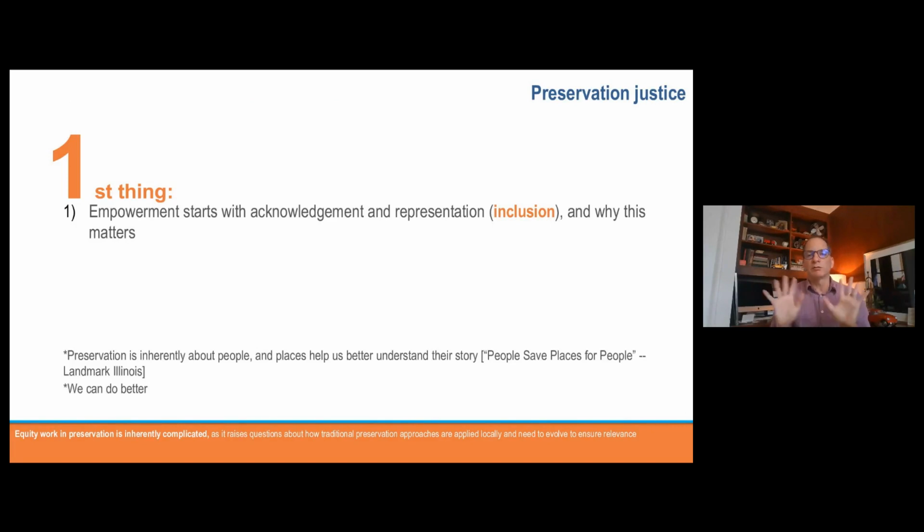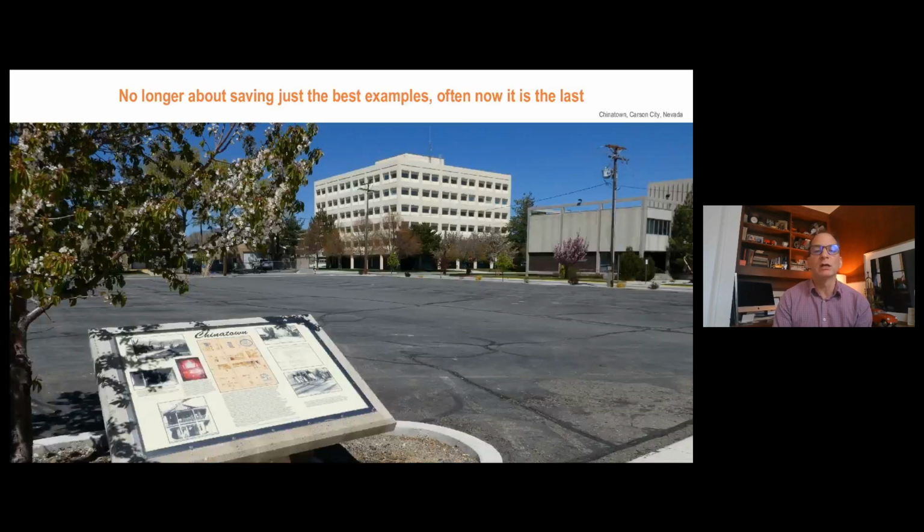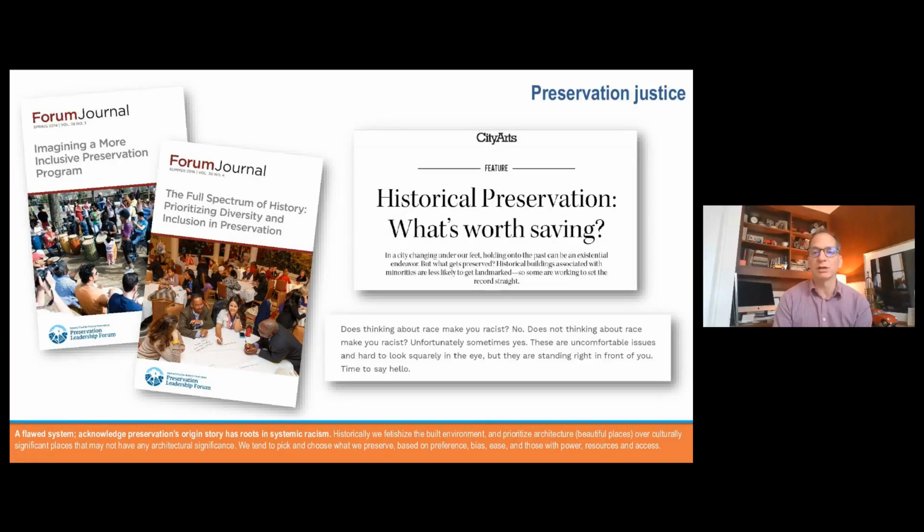So I want to do, again, four things. And let me start again with representation and acknowledgement, how that can be empowering to a community. And I think we start here that we can do better. Also understanding that these are limited resources. They are fragile, they're vulnerable resources. And so we're often talking about places that have been overlooked, hidden in plain sight, but also extremely threatened or at risk. And we need to do more before we lose more of these places in terms of being able to tell the full story of our communities.